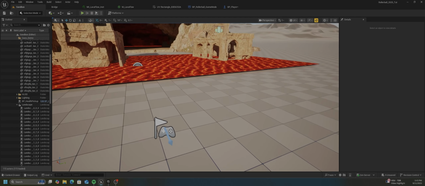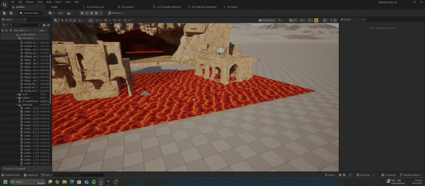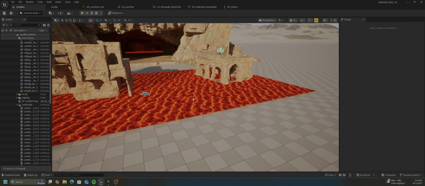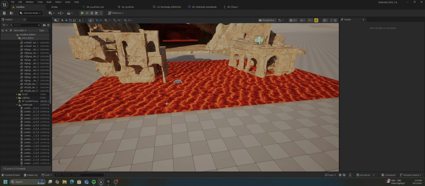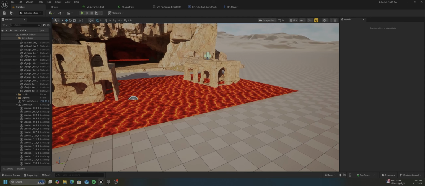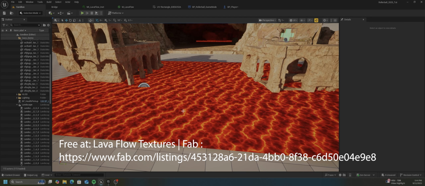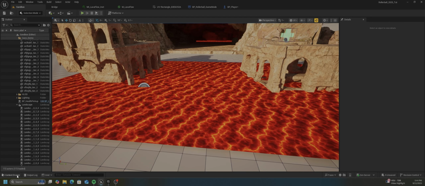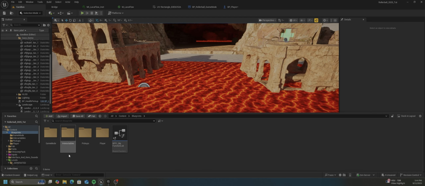All right, as you can see, I've been playing around in this world a little bit. I've dragged some things in to get ready for some of our future tutorials, and one of them is this material I've created for a surface area that has a lava flow. I will get to that in a future tutorial and show you how to do that. But what we're going to do now is make our damage volume. So I'm going to go back in here,